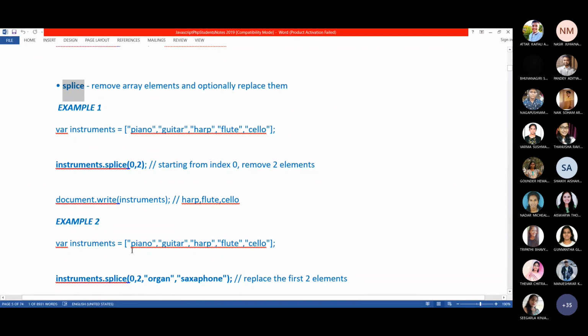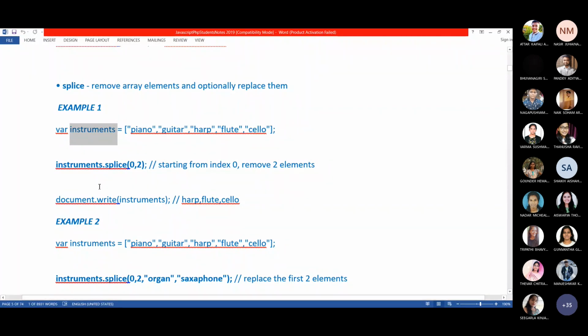So there are two ways you can use splice. First one, with only two parameters. Before that, here I have created an object with 5 elements. Instruments is my object name. 5 elements are there in the instruments object.